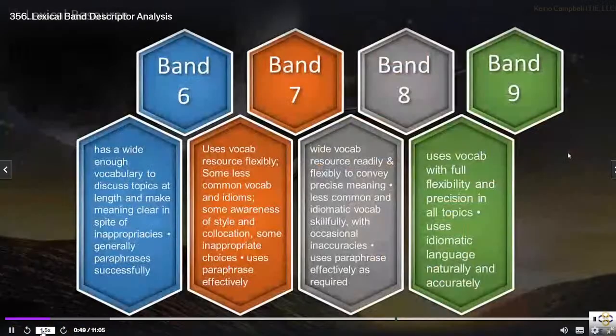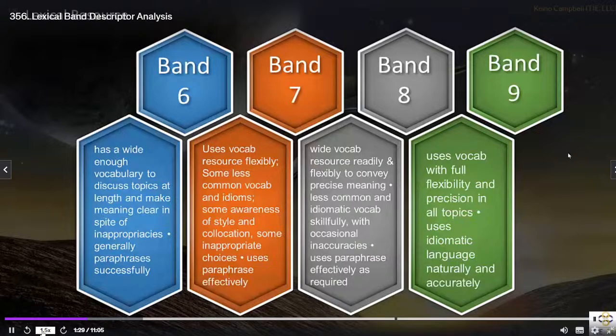Again, as in the previous video, here are the band score descriptors. And really, you can look at just some of the differences. For a band 7, it says uses vocabulary resources flexibly, some less common vocabulary and idioms. Then for an 8, it says uses a wide vocabulary resource readily and flexibly to convey precise meaning. Then for a 9, uses the vocabulary with full flexibility, not just wide, full flexibility and precision in all